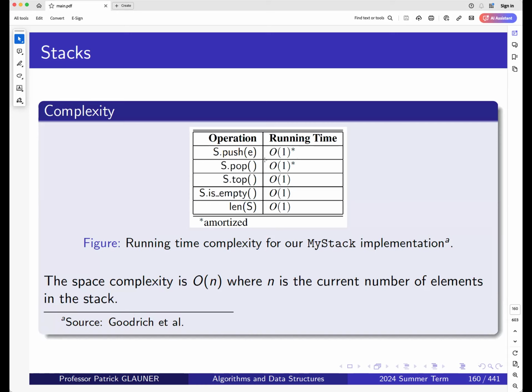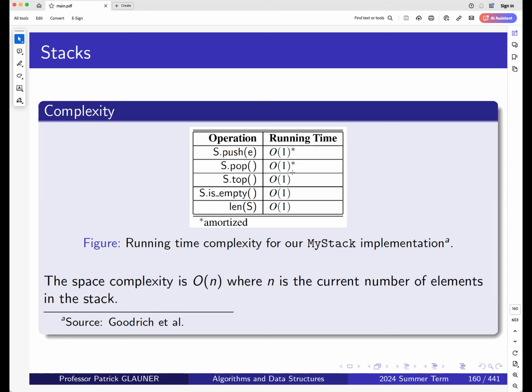But because that case is so rare, it's O of 1 amortized as well. So by using this amortization, we can just give a much better indication of the complexity. It may be O of n in this very worst case, but that one is so rare. And with these amortized complexities, we can indicate this far better. So O of 1 amortized for pushing and popping, and the others are definitely O of 1, so we don't